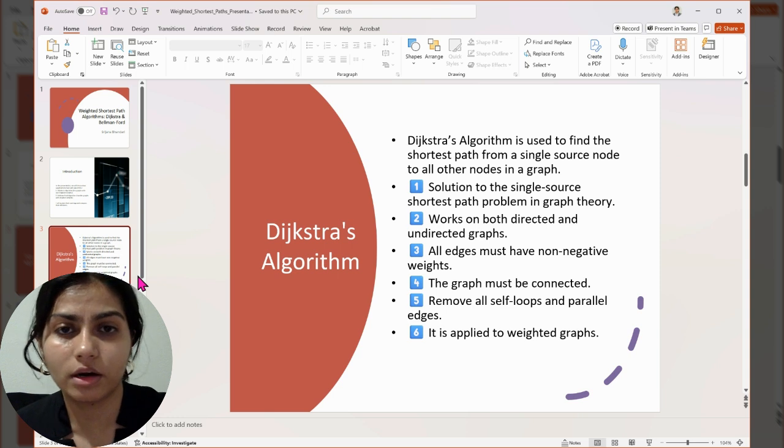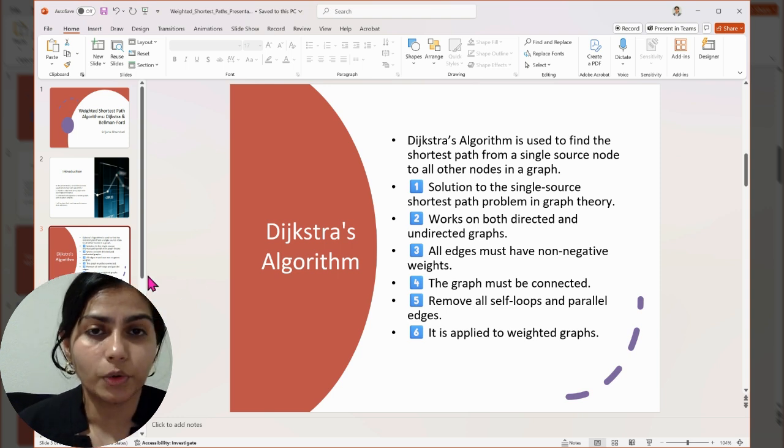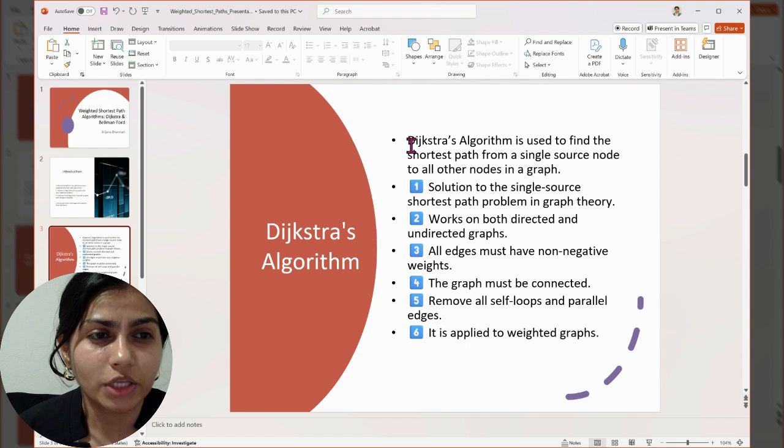What is Dijkstra's algorithm? It is a commonly used algorithm in graph theory for solving the single source shortest path problem. It works for both directed and undirected graphs, but all edge weights must be, as already mentioned, non-negative. The key idea is to explore the shortest path to every node, while each node is processed only once.